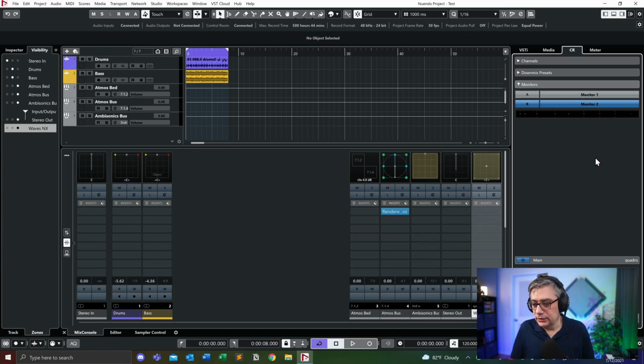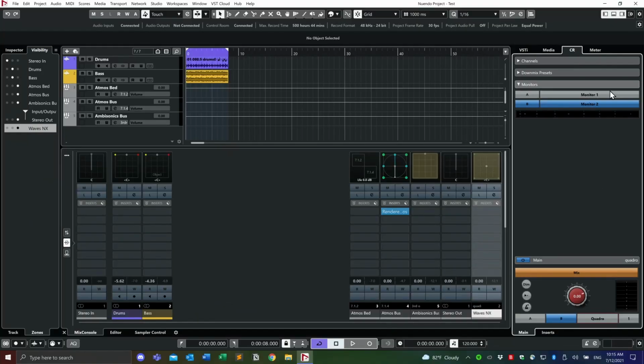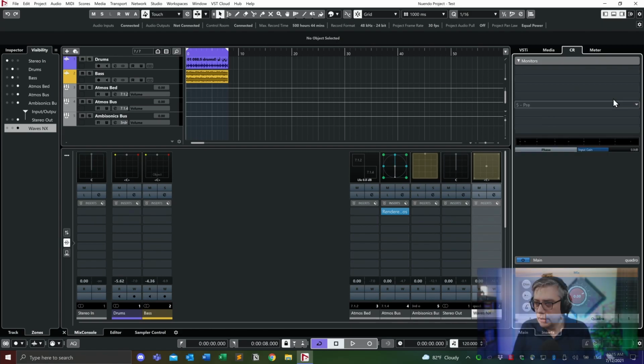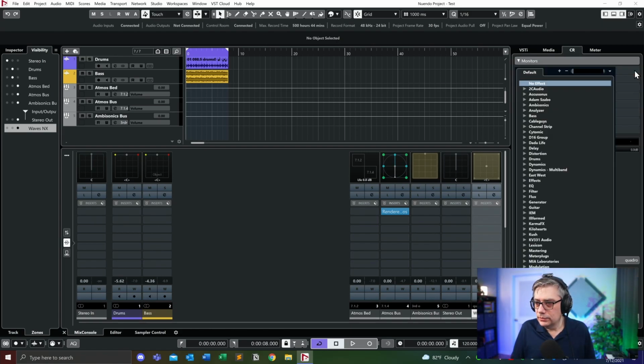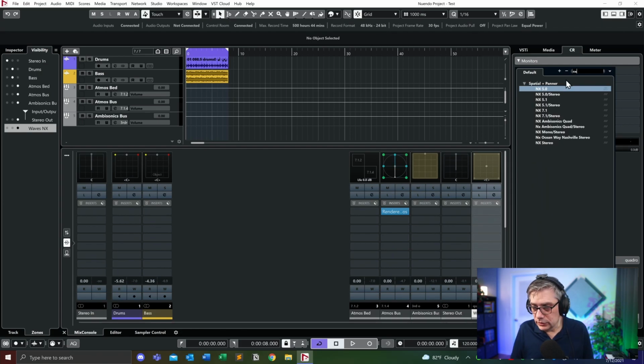the left and the right channel in the audio interface, we're going to hear the mono channel left and the side channel right. So the next thing I need to do is put the Waves NX plugin onto this quadraphonic bus. Now we have a quadraphonic output, and that means that Waves NX should actually work there. So that essentially means I'm selecting the second monitor, and I'm going to go into the inserts, and I'm going to add Waves NX. And once again, we're going to add the Ambisonics